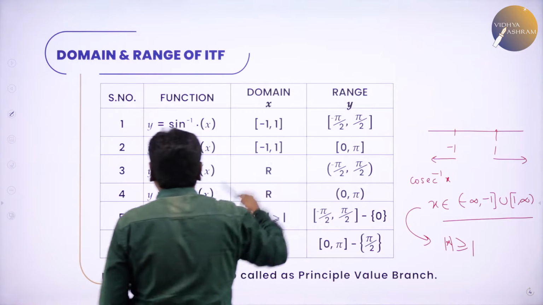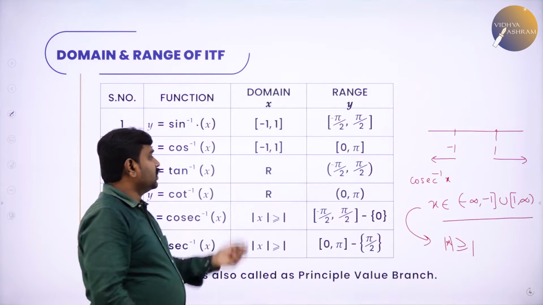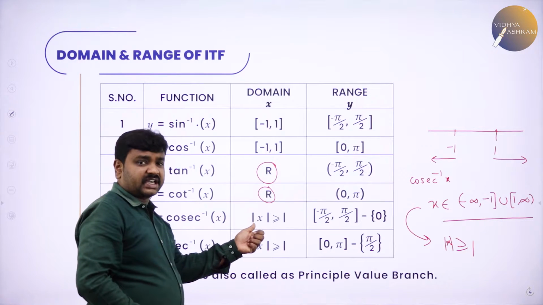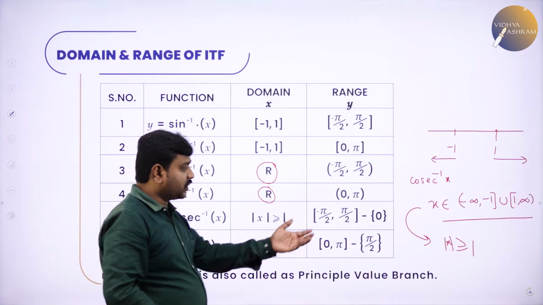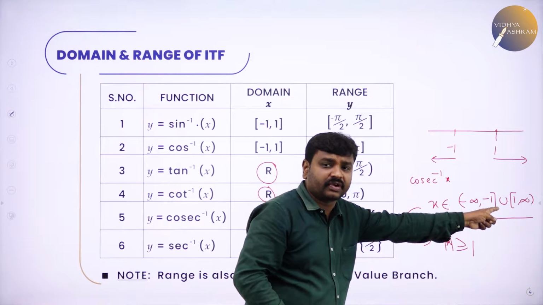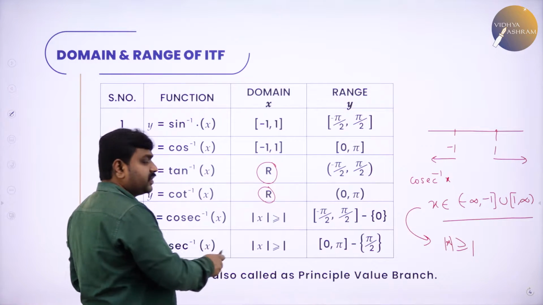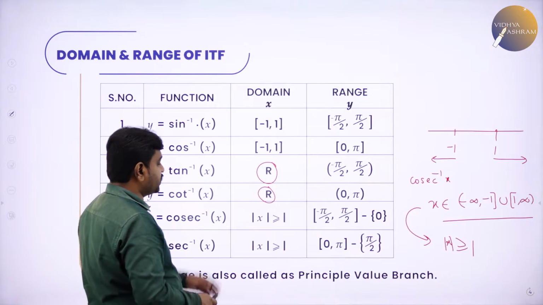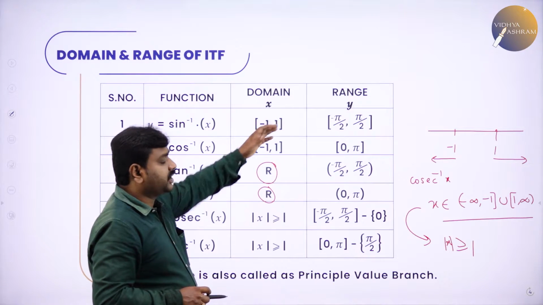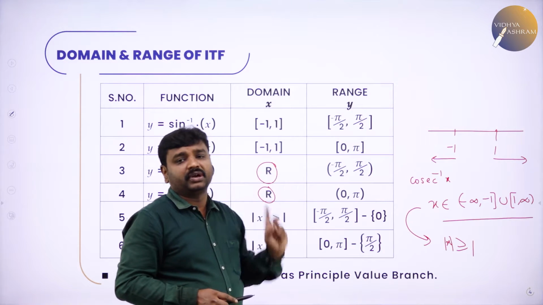So now coming to this, sine inverse x, what is the domain? -1 to 1, cos inverse x -1 to 1, and tan inverse x, all real numbers, cot inverse x, all real numbers, cosecant inverse x, mod x greater than or equal to 1, or you can also write it in the form minus infinity to -1 closed interval union closed interval 1 to infinity, and secant inverse x is also the same. Cosecant inverse x and secant inverse x, mod x greater than or equal to what? 1. Then range. For sine inverse x, range is closed interval minus pi by 2 to pi by 2,